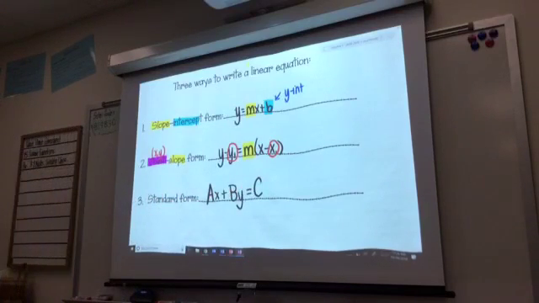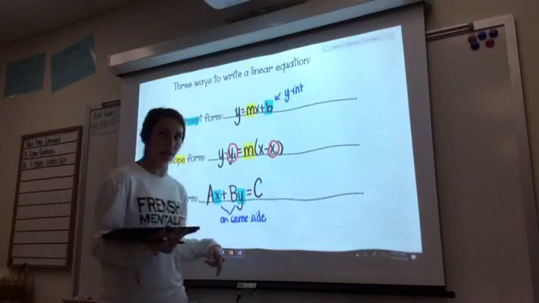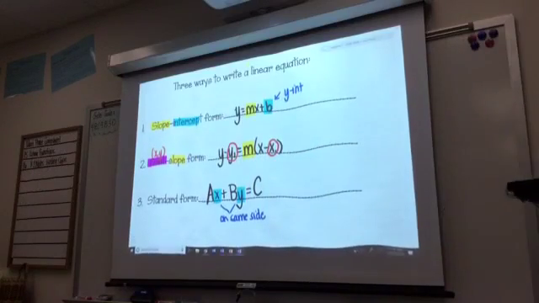This is called standard form, and I have no clue why it's called standard form. It's just standard. Okay? So standard form is when they give you the x and the y on the exact same side. Okay? So the x and the y are on the same side. Are we okay with that? Notice they didn't call it slope standard form because they didn't give you the slope here. They just gave you the x and the y on the same side. That's why it's called standard. Sound good? Okay. So I want you to